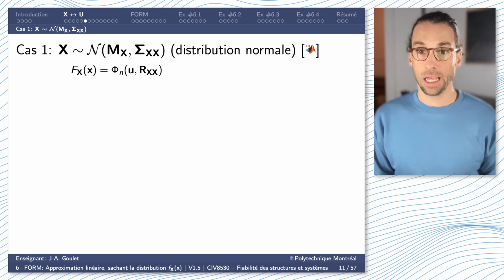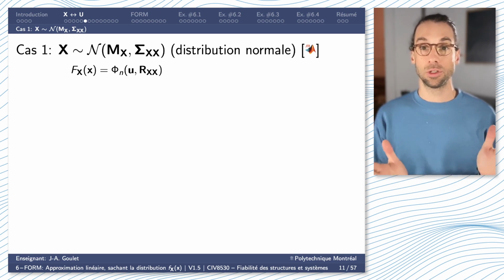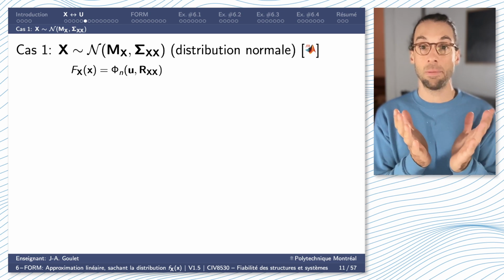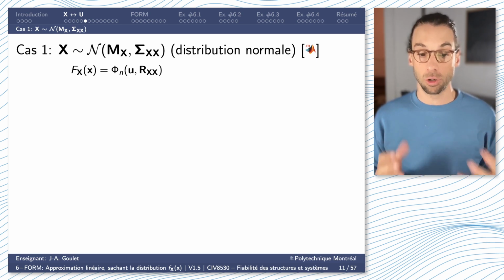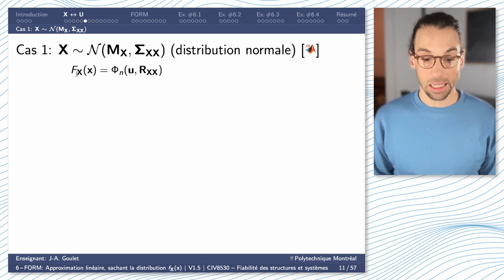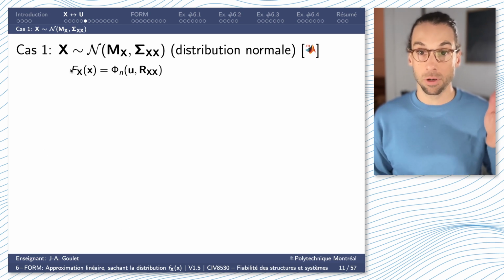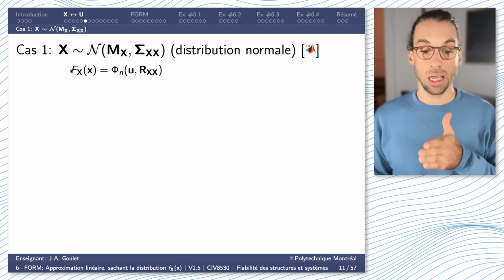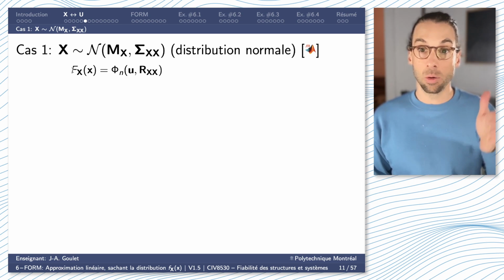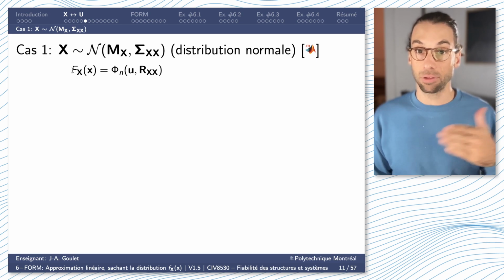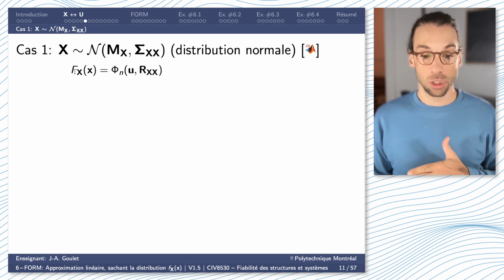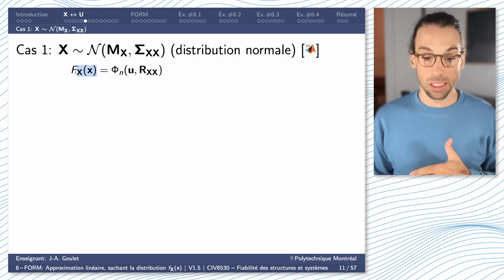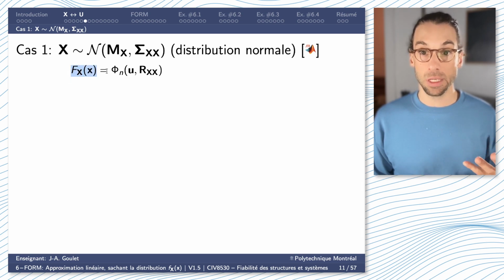So first case, the simple one, we're going to have a joint distribution in the original space described by a multivariate normal or Gaussian. So we can say that here, in order to transform from the original to the standard normal space, I'm going to use the equality of the CDF, the cumulative distribution function. So F of x, the joint CDF in the original space, must be equal to the joint CDF in the